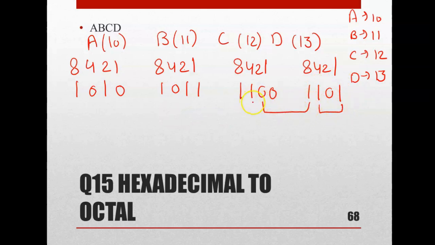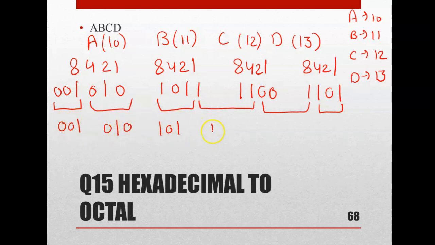So these 3, these 3, these 3, these 3, and these 3. Like you can see, 1 is left here, so you will fill 2 zeros here. So let me write down together 0, 0, 1, 0, 1, 0, 1, 0, 1, 1, 1, 1, 0, 0, 1, and then 1, 0, 1.